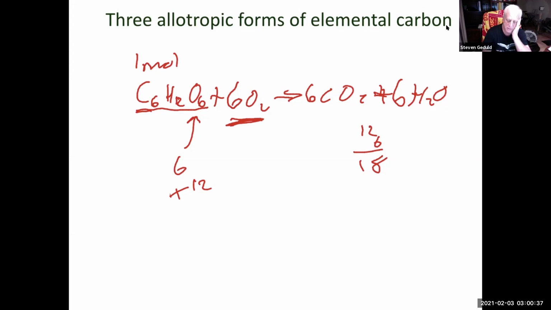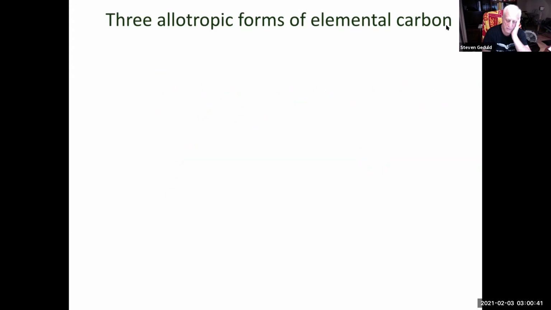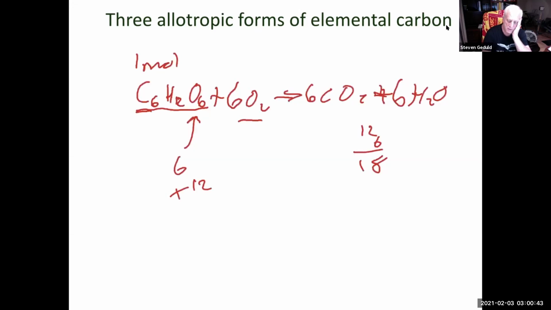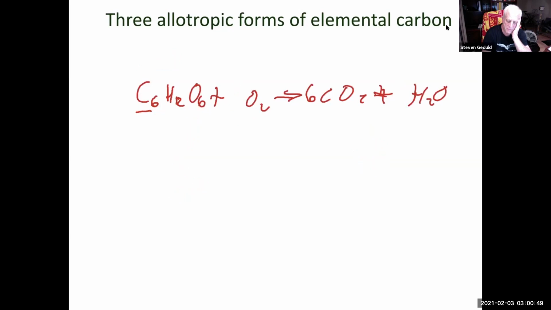Just see if I can clear that. There we go. Well, I didn't clear that. I can do it this way and clear it. Let's do